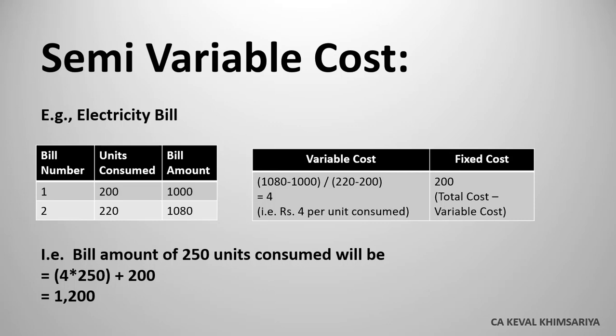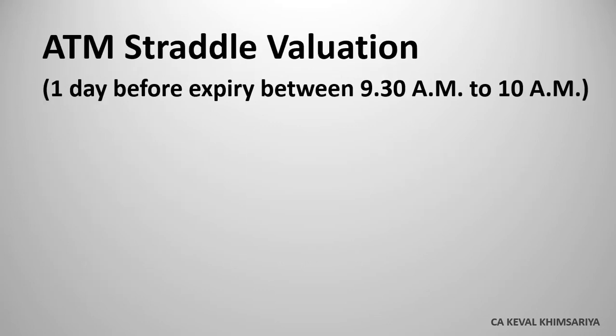So when you compare straddle data, you will find the same kind of thing. So we need to value the straddle one day before expiry between 9:30 to 10 AM. So how can we do it? We'll have to take past data for it. So you saw in the last video, I record the whole option chain data. So here I'll use that data.